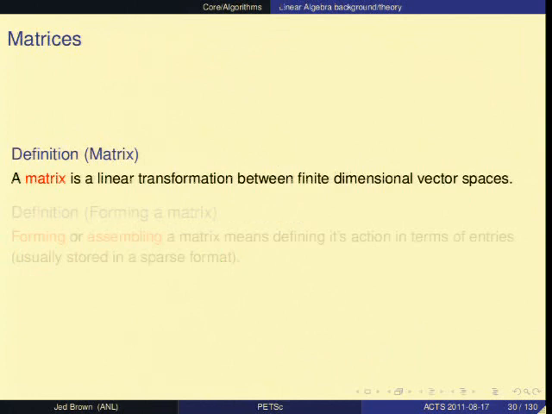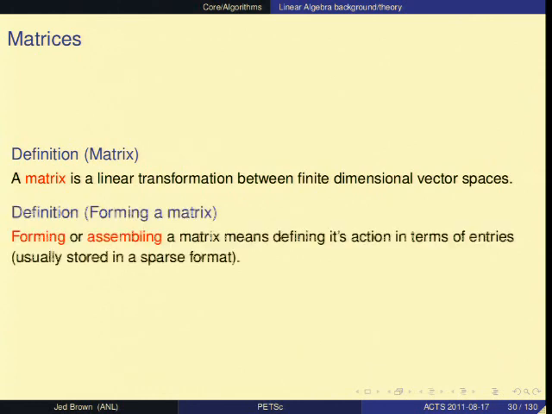So a matrix, this Jacobian is a matrix, right? A matrix is a linear transformation between finite dimensional vector spaces. For the sake of understanding how the methods work, you should not assume that a matrix involves entries. Sometimes those entries end up being really expensive to compute. There's an equivalence, but the matrix and the Mat object within PETSc is really just a linear transformation.